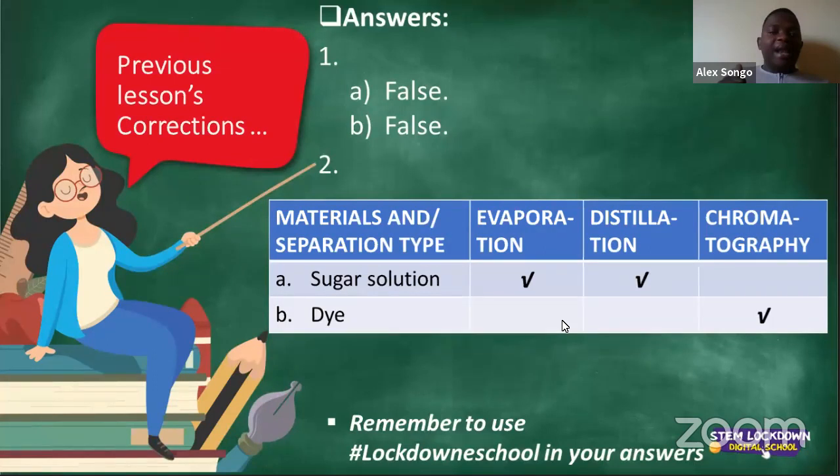If we want to find the mixtures of primary colors that have made a secondary color, remember we said, when you've got a secondary color like black, it's made up of 3 primary colors, ladies and gentlemen. And now, if you use chromatography, what do you do? You take a droplet of black, you put it onto a filter paper, then you apply a bit of water, then the black starts to separate into the 3 primary colors that it's made up of. So now, when I'm talking about black being a color, also dye speaks to things that are colors. So it means that when we want to separate colors of a dye, maybe that color would be black, we then also use chromatography, ladies and gentlemen. So those were our activity, from the previous